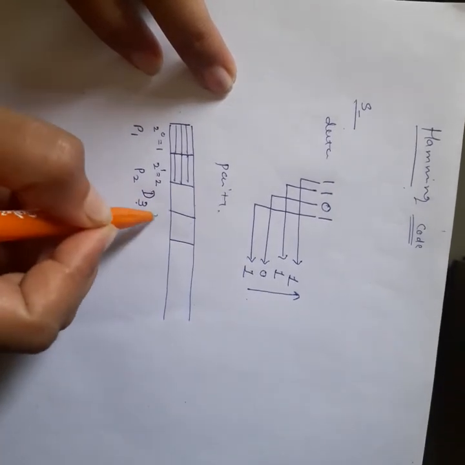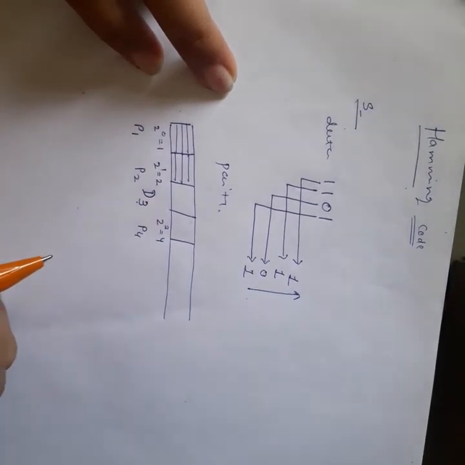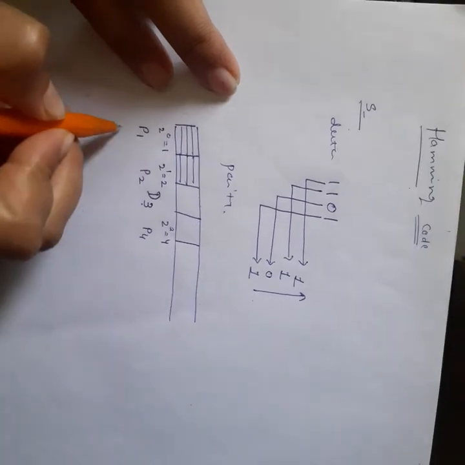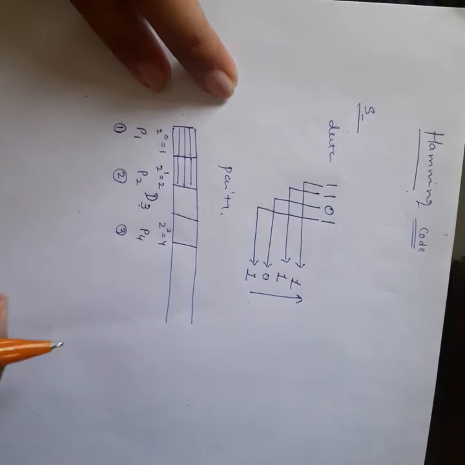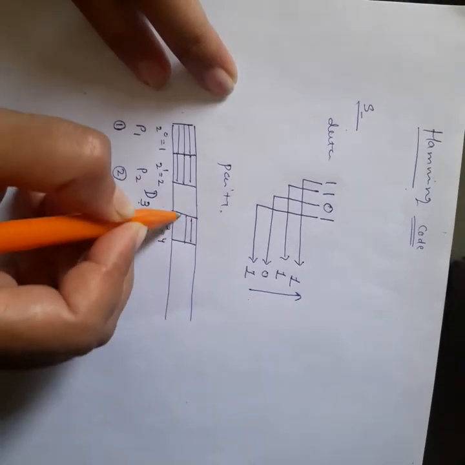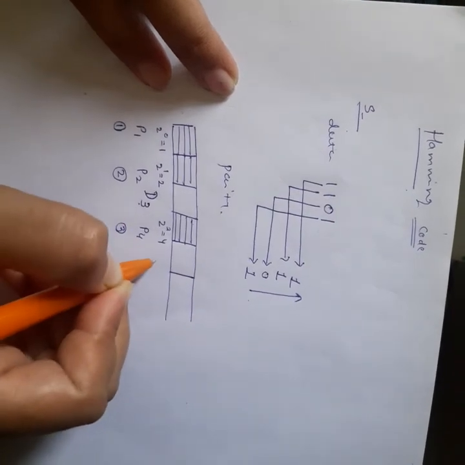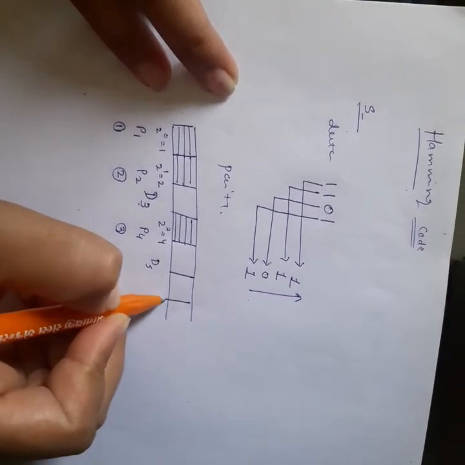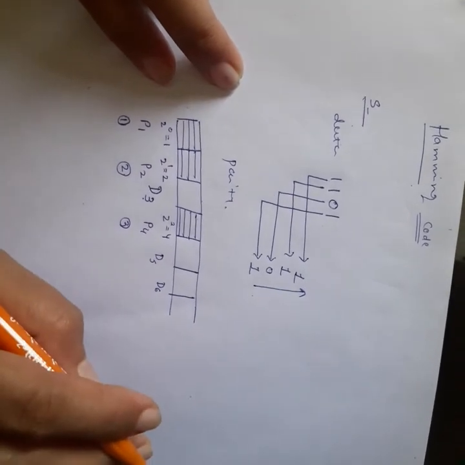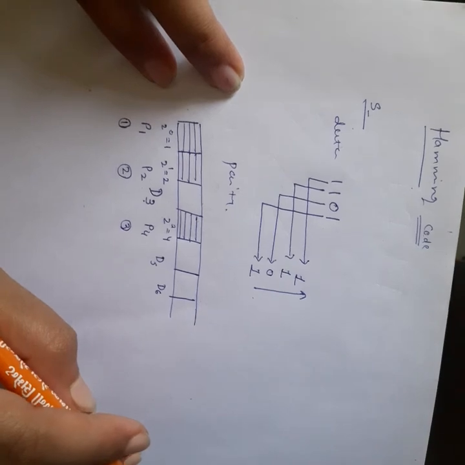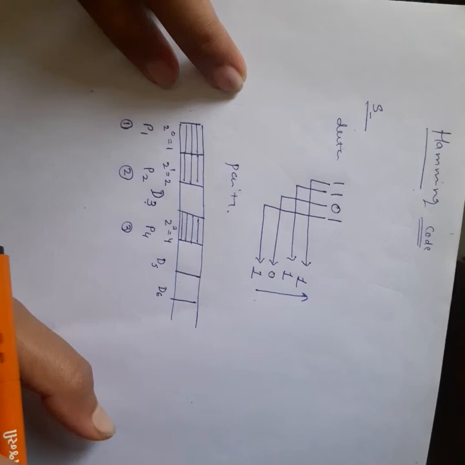Correct? Then after, fourth position, so we can say 2 raised to 2 is equal to 4. So we are going to store here P4 number parity. So here we are having first number parity called P1, second number parity called P2, and third number parity called P4. So it is also reserved. We cannot put our data over here. And then after it fifth number position, we can put data number 5. At 6 number position, we can put data number 6. At 7 number position, likewise we have to see. But whenever you find that it comes as a 2 raised to something, so at that point in time it is reserved to store parity.